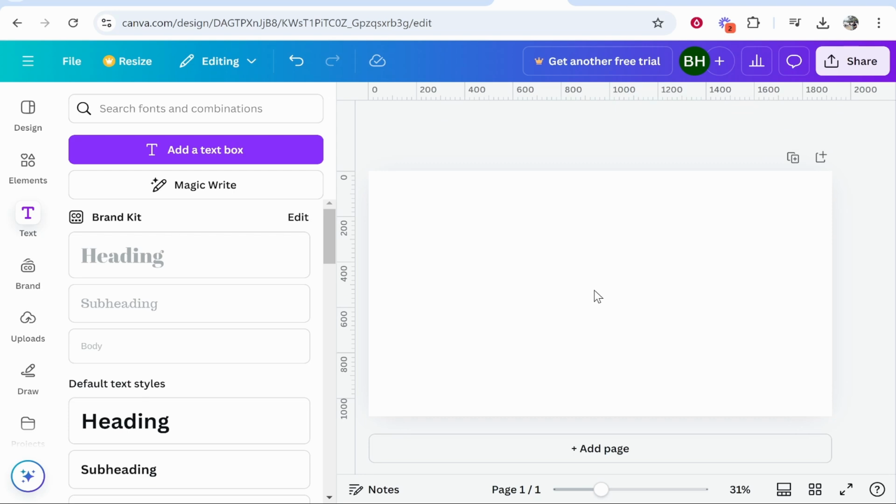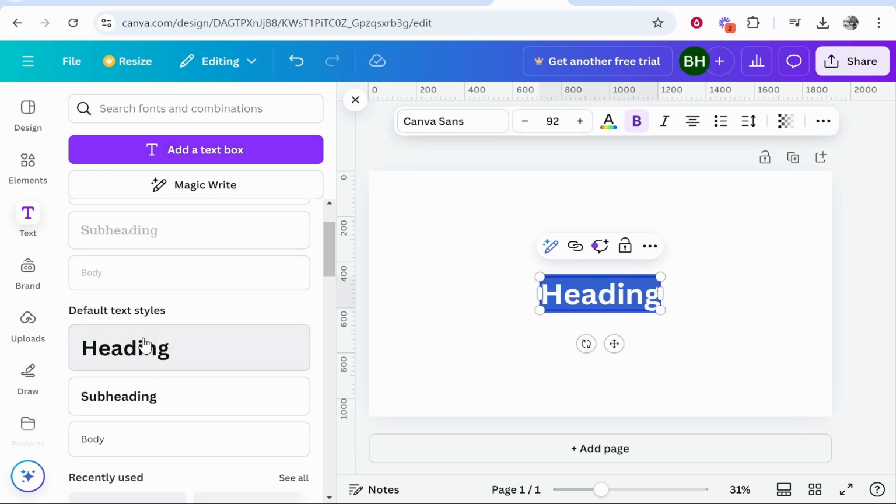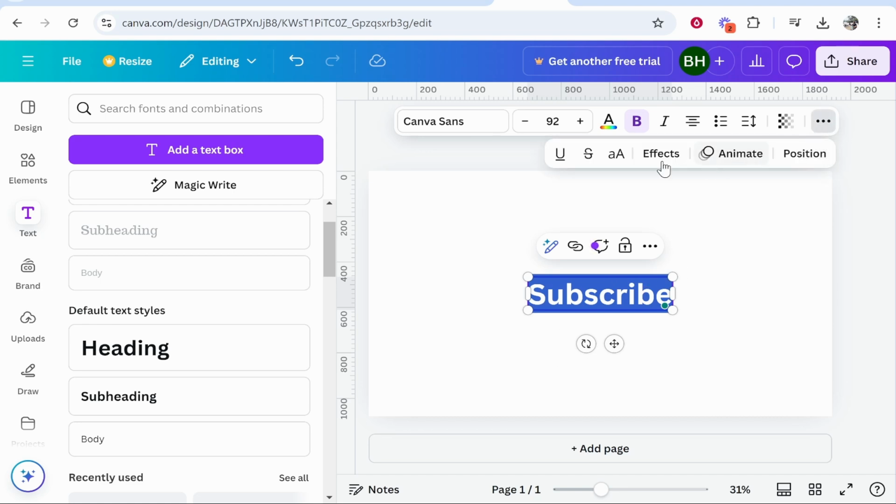So what you need to do is open up your canvas, then go to text and then add some text. Add any text. I'm going to add a heading and we'll just call this text subscribe. And what we can do is we can highlight all of this text. Now, once you've got it all highlighted, go to the three dots where it says see more, then click on